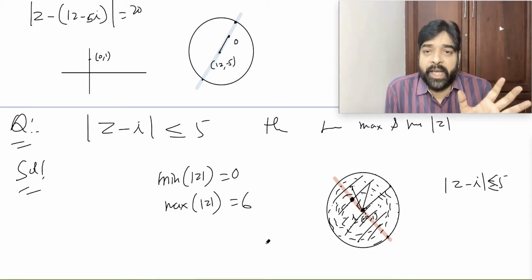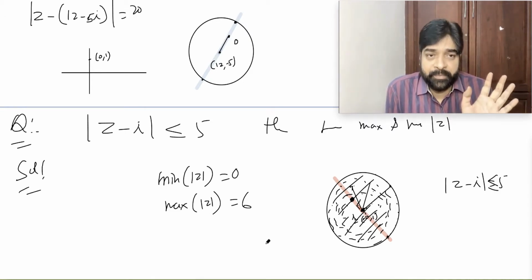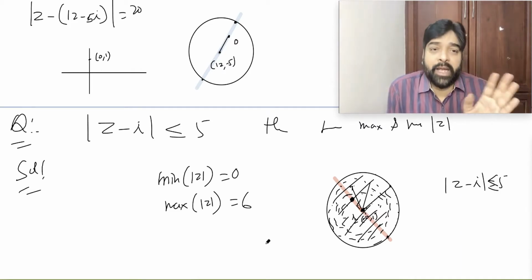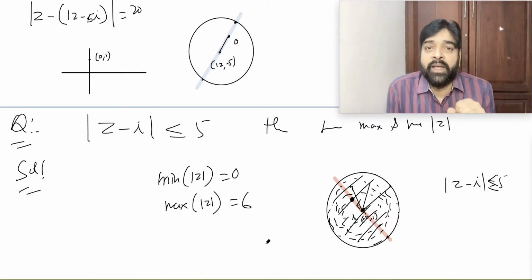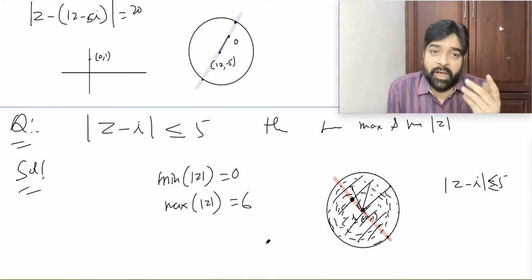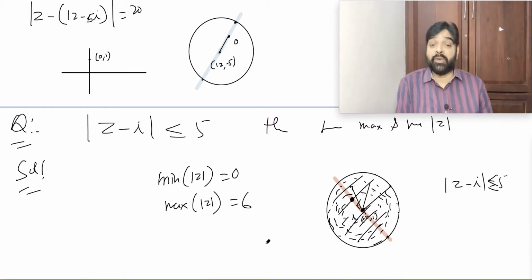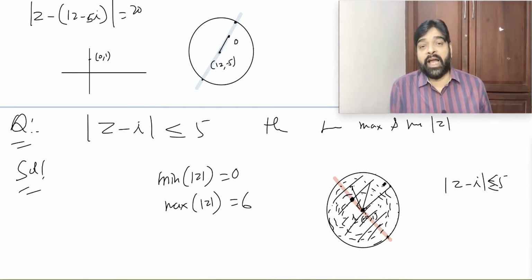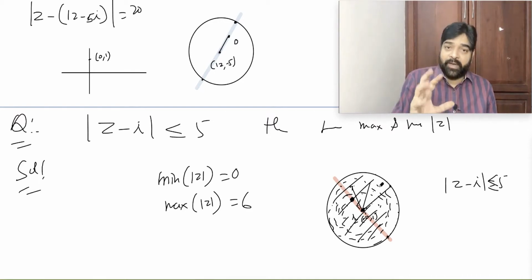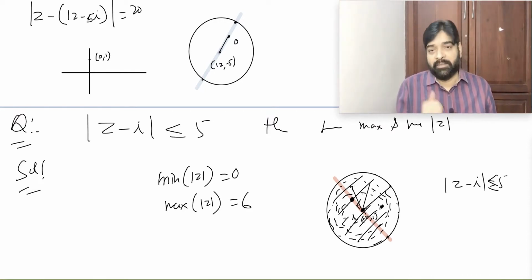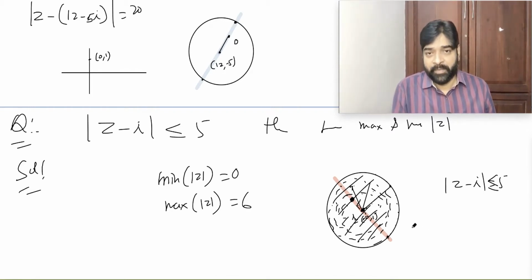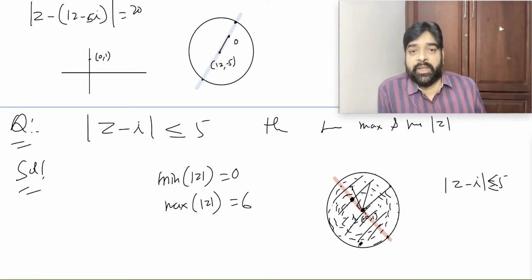So whenever inequality comes, never get scared. Not only here, when you do calculus, the last chapter, if you remember, the area under curve, there they use inequality a lot for calculating area. So easily, in this question they can also ask you to find the area of the region where Z falls. This is a circle, radius is 5, so the area will be 25 pi. Is that clear?